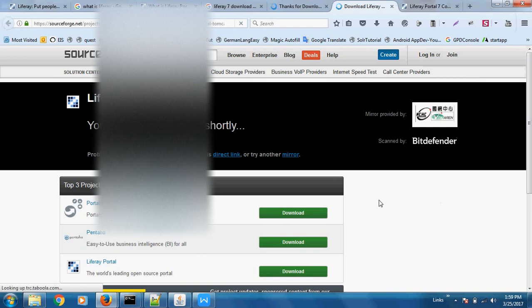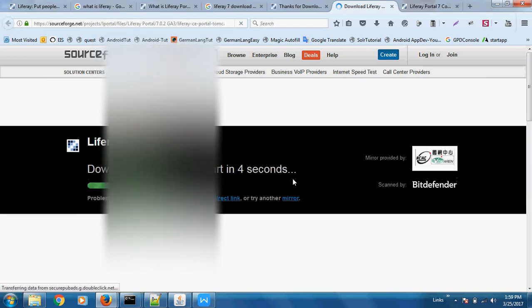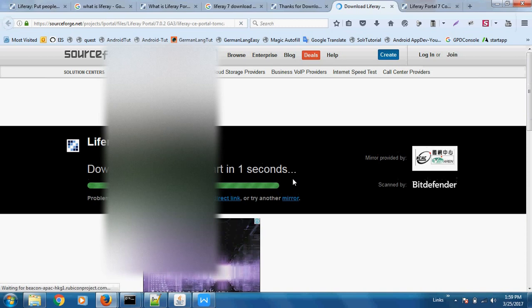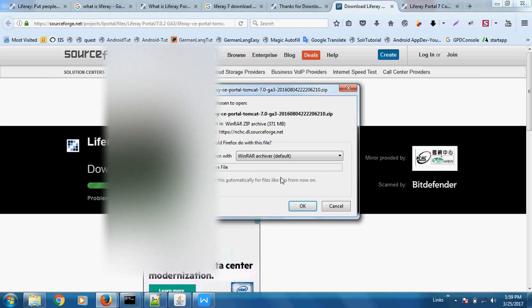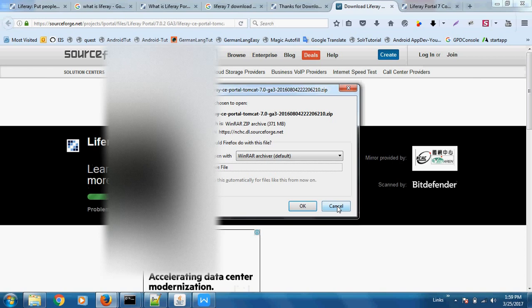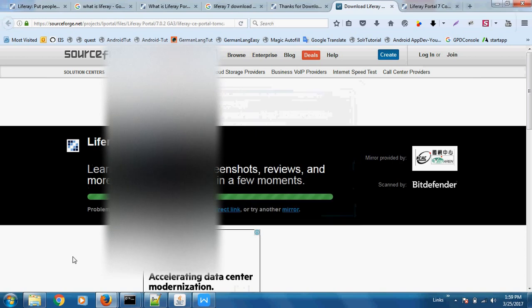Clicking on download will redirect you to SourceForge.net, where your download will start. Just save your file wherever you want. I have already downloaded it to make the video quickly and not waste much time, so I will not download it.